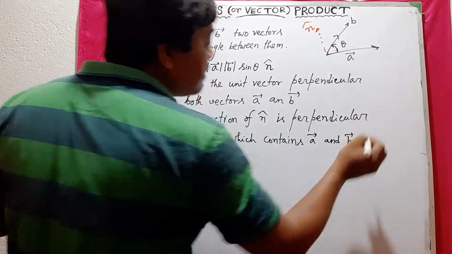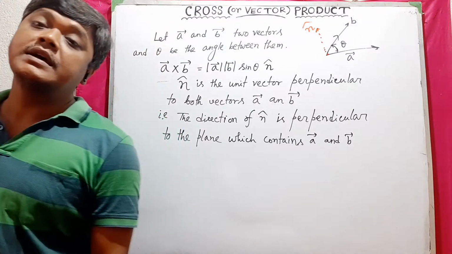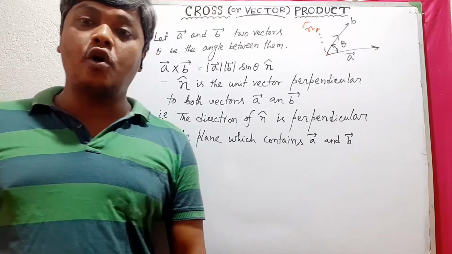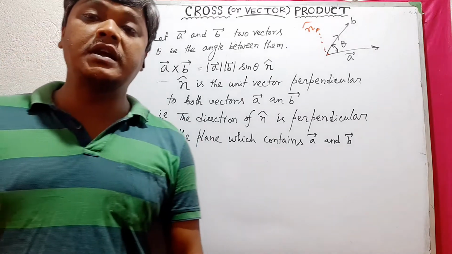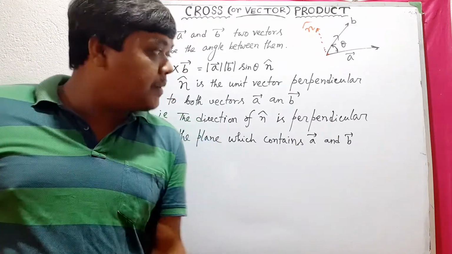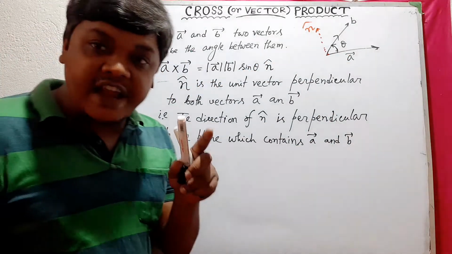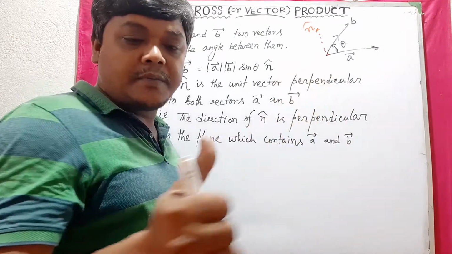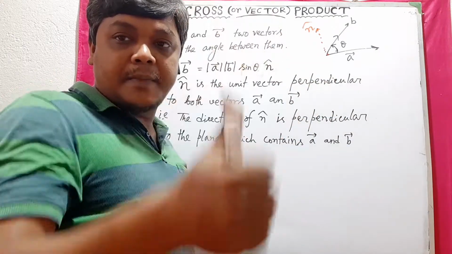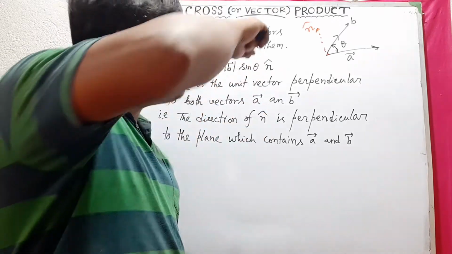তার মানে n ক্যাপটা হচ্ছে সেই সমতলের উপর লম্ব যে সমতলটি এ এবং বি ভেক্টরকে ধরে রেখেছে। ক্লিয়ার? তার মানে এই বোর্ডটা যদি এ এবং বি ভেক্টর, এবং আমি এখানে বারবার বলছি দিস ইজ এ রাইট হ্যান্ডেড সিস্টেম স্ক্রু, দ্যাট মিনস যদি স্ক্রুটা হয় তাহলে এন ক্যাপ হচ্ছে পজিটিভ, যদি উল্টো দিক দিয়ে রোটেট করে